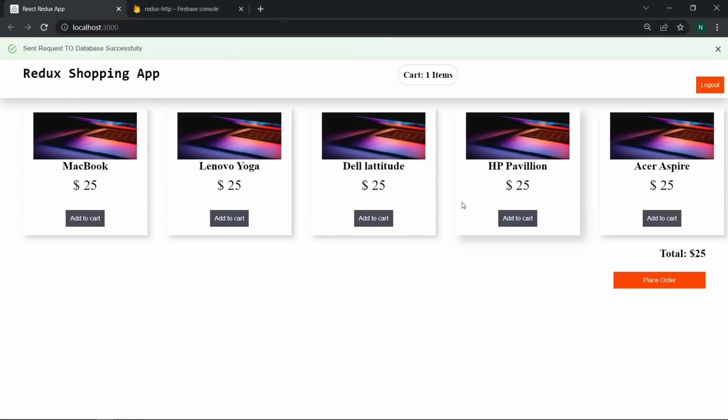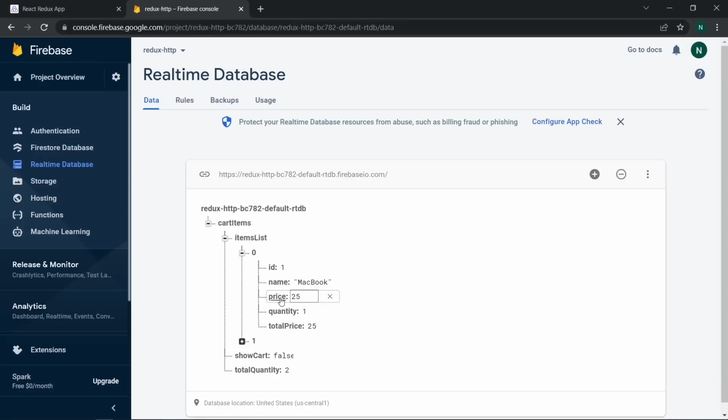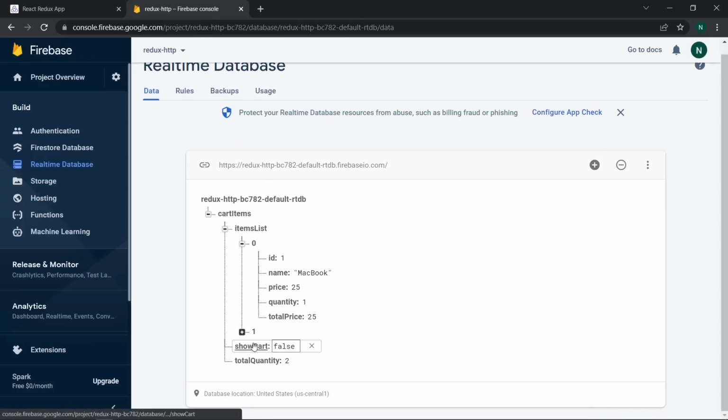And if I now click to add one more item, add to cart, then you will see sending request, the notification is showing, and then you will see the notification is now completed, sent request to database successfully. Then you will see now we have total quantity 2, and now we have one more array